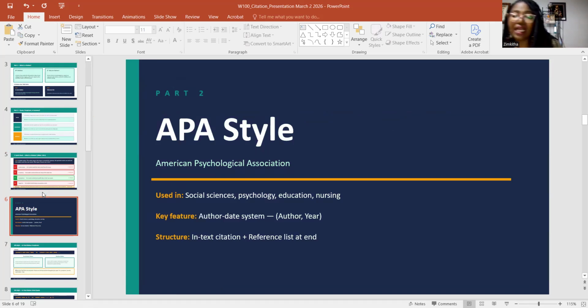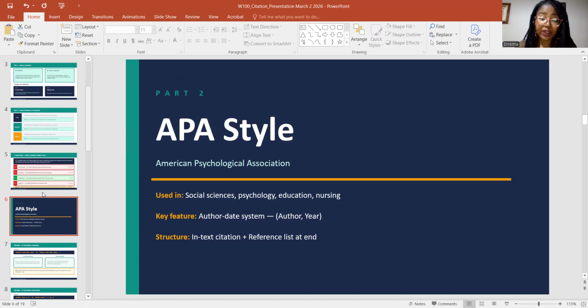Now that we know what citation is and why we use it, we're going to look at the different types of citation because academia is large. You have engineering departments that are much more scientific. Then you have medicine, then you have law, and then you have humanities and languages. Each of these departments has its own special citation. Okay. We are using the APA citation because we work with education and language.